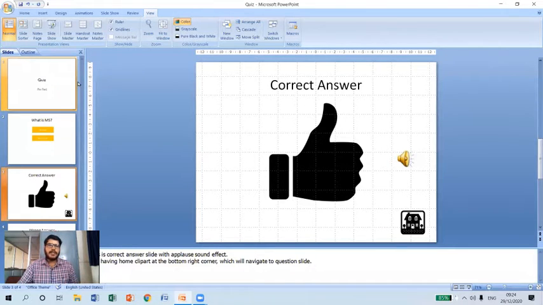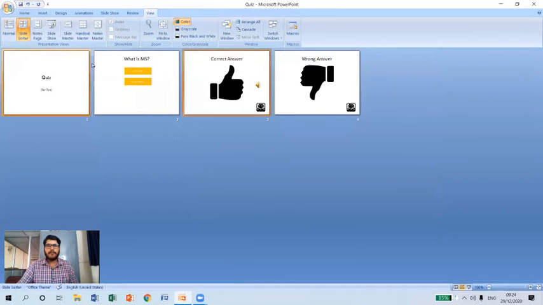Even we can change this view to slide sorter view. This view in the presentation helps to view or to easily rearrange the slides. Suppose I click on this slide sorter view, you can see here the slides have been sorted in a sequential order. So this particular view helps us in rearranging the slides as per our requirement.